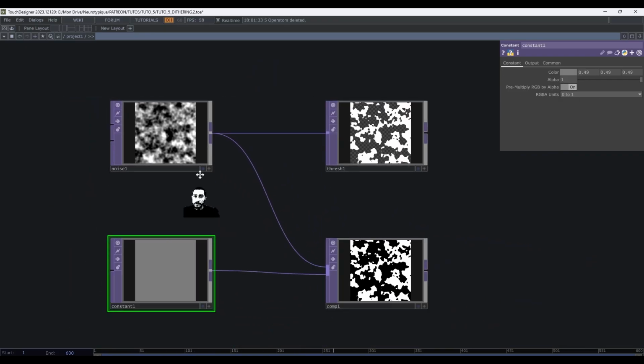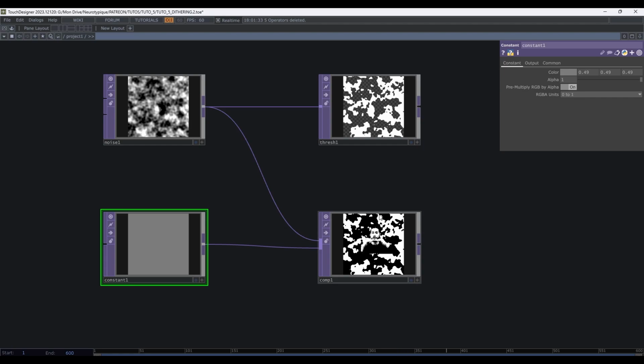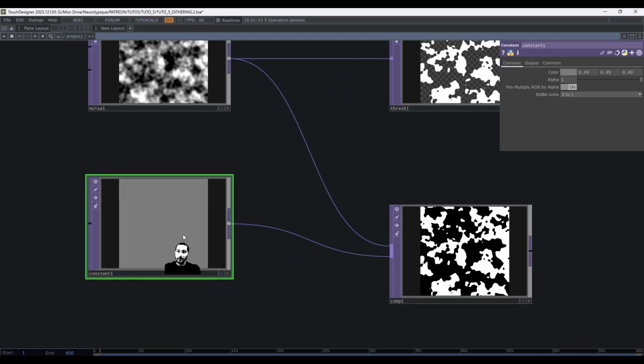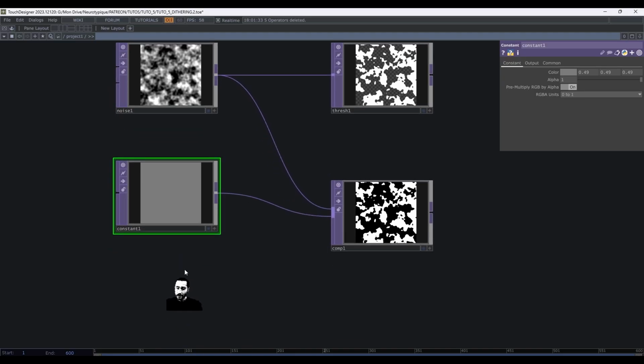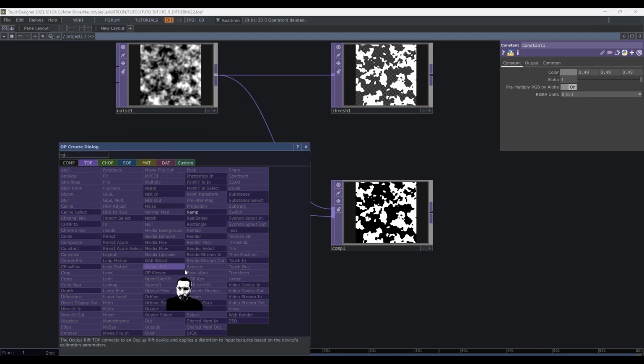So if it's brighter than 0.5, it's going to output here a white pixel, and if it's darker, it's going to output a black pixel. So it's just a comparator kind of operation. This is really simple. And right now it's the same, this is a uniform color, so it's exactly the same for every pixel. I think you're going to understand where I'm going with this.